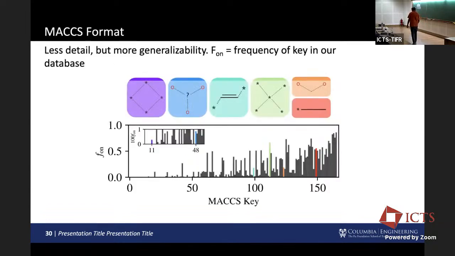So MACCS keys is the way that people in the chemistry community are doing it. It's reduced the number of bits. It's only 167 bits. And what it does now, it just takes into account connectivity at the level of maybe 1 or 2 bonds. Okay, so I tell you I have a C bonded to 2 oxygens, a C bonded to 4 hydrogens, whatever it is, right? There's a small number, 168, of small fragments that are found in many polymers